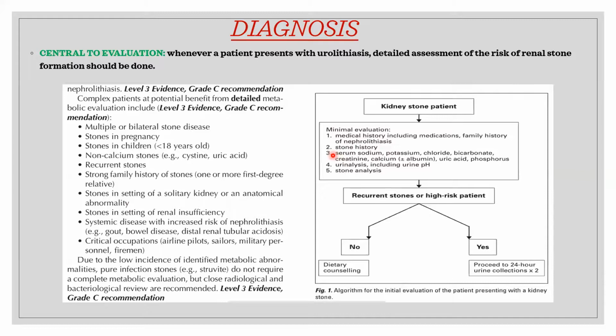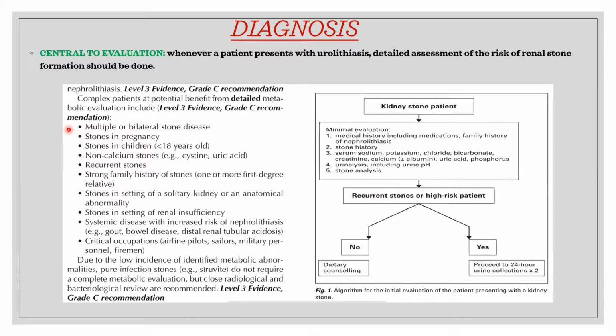Urine analysis should be done. And if the patient brings a stone, analysis should be done. But if a patient is having recurrent stones or is a high risk patient, like multiple or bilateral stone disease, stones in pregnancy, stones in children, non-calcium stones like cystine or uric acid, recurrent stone formation, strong family history of stones,